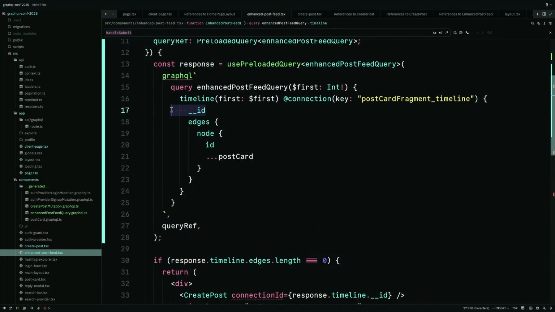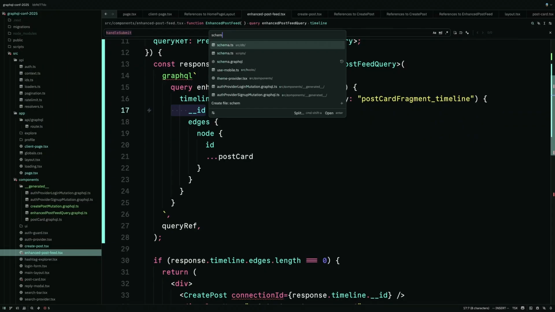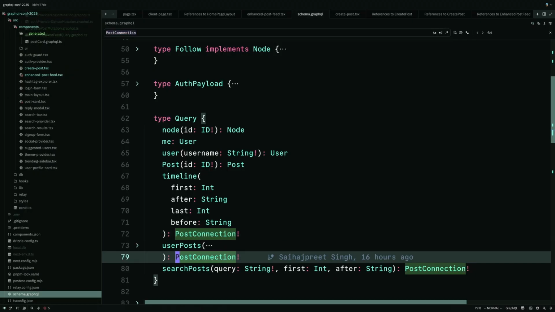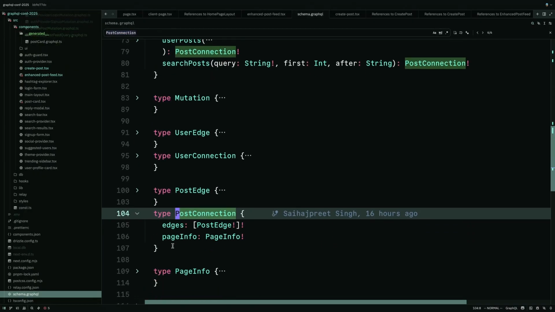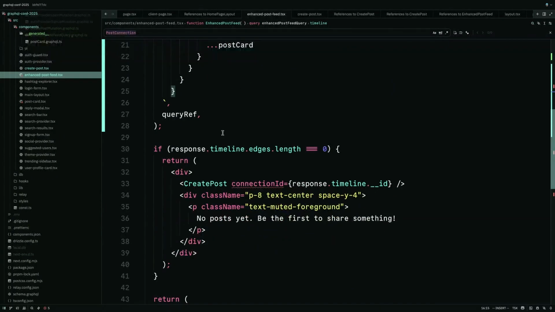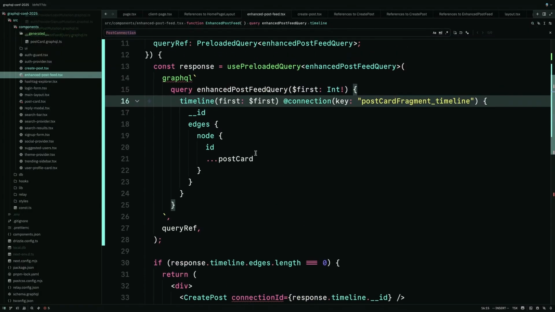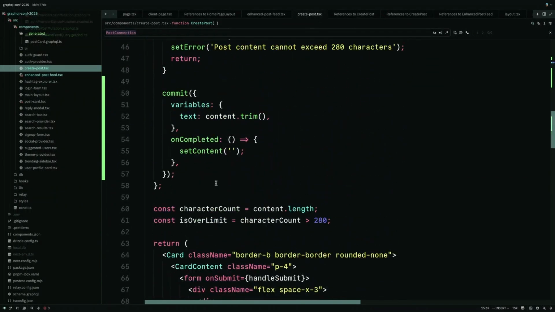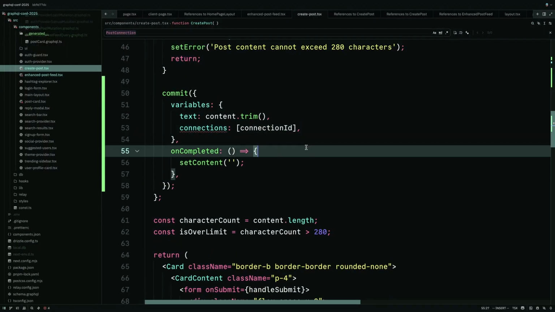So this underscore ID didn't exist in our schema. If I go to schema.graphql and we look into our timeline post connection, there's no underscore ID within that. But this is something Relay adds on the client side, because that's what the Relay store does for you. It has this key with certain things it appends to this key, and we're going to give this connection ID down to the create post. So it's just a string that you get back, and then all we need to do here is tell it that, hey, this is my